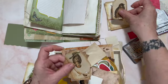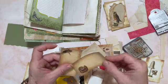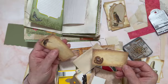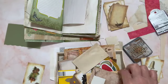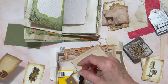We have another owl. Oh, we have lots of owls. Let's see what this is. I'm not sure what that is, but we have another owl. So let's put him over there. We have another deer. Let's put all the animals together and all the